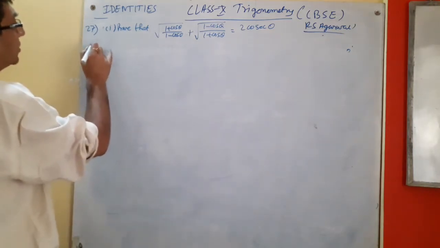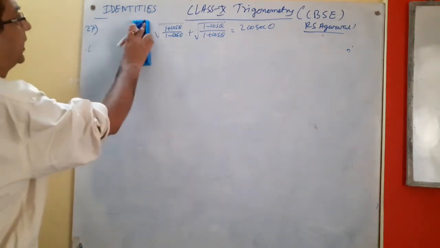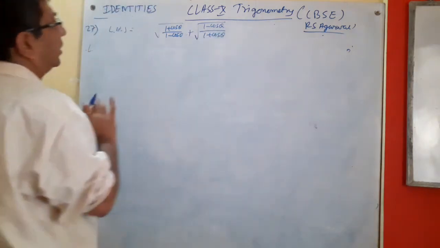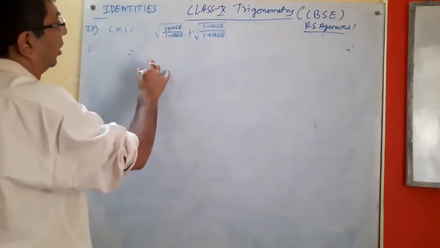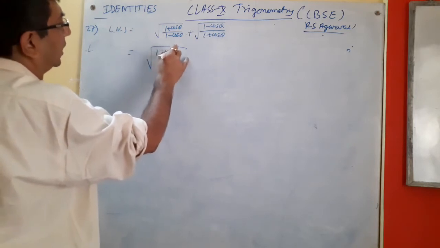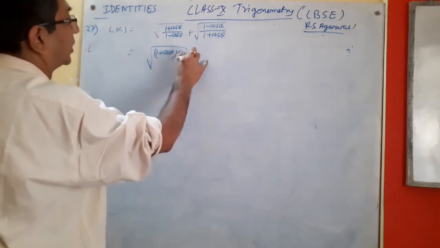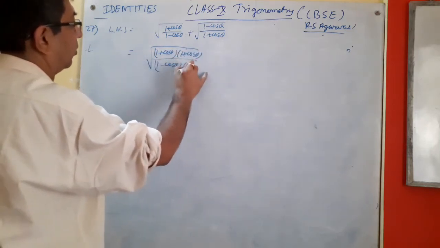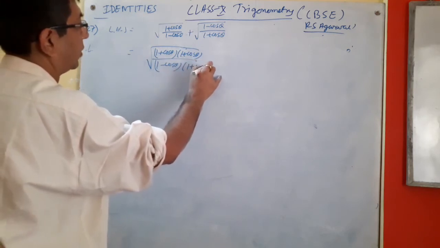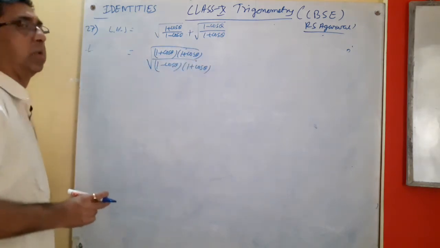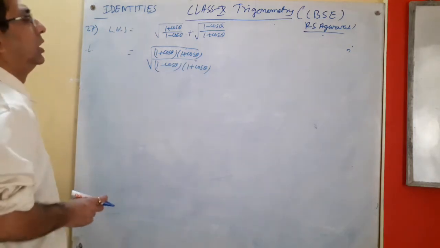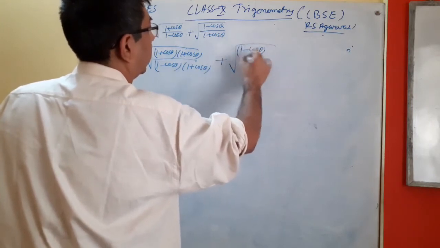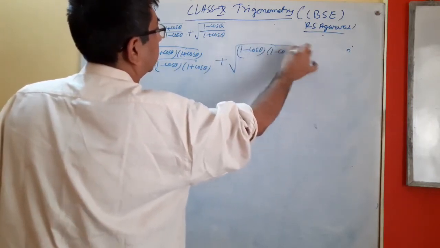So what will I do? LHS. Just write this one LHS. Why? Because of space problem. 2 cosec theta we have to prove. Now this is what we are doing, 1 plus cos theta. Multiplying both sides by 1 plus cos theta, 1 minus cos theta, 1 plus cos theta. Why? Because in this portion we are getting 1 minus cos square theta, that is nothing but sin square theta. So we'll get some value. Here also what we are doing, multiplying both sides by 1 minus cos theta.